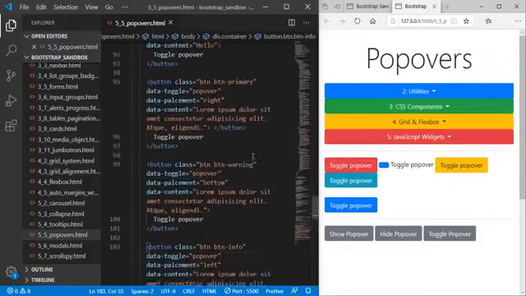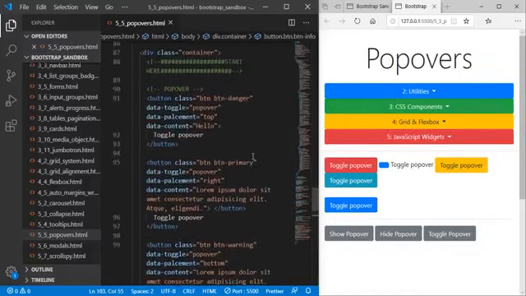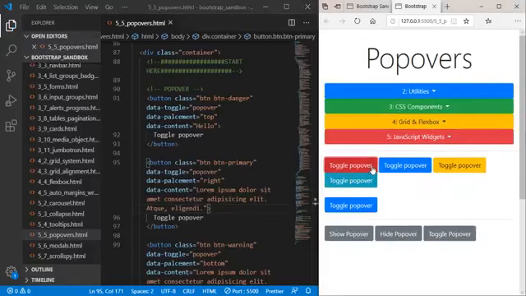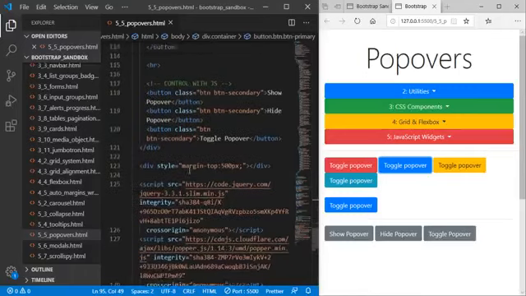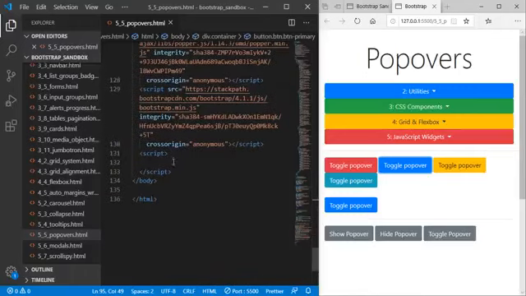Sorry, there's a problem in the second one. What is the problem? Oh, sorry, this is a redundant element. Okay, so now if we click it, it doesn't work. It doesn't work because for this popover to work, we should write a JavaScript code for it. For that, we have to write